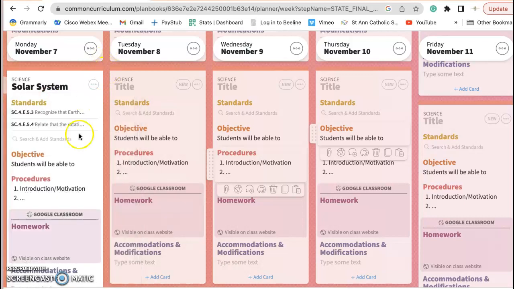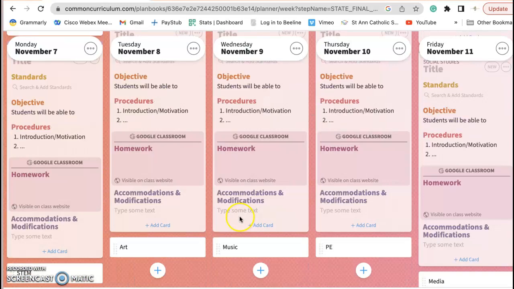But what's best, and I'm going to show you in a little bit once I complete everything, you can add attachments of handouts. You can add links of different things that you want to make sure that you include in your lesson plans, but in addition to that, that you have for your students to view. Okay, and